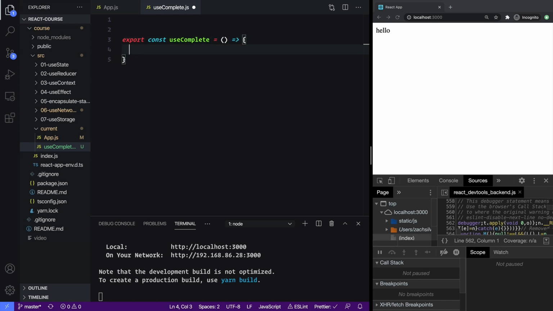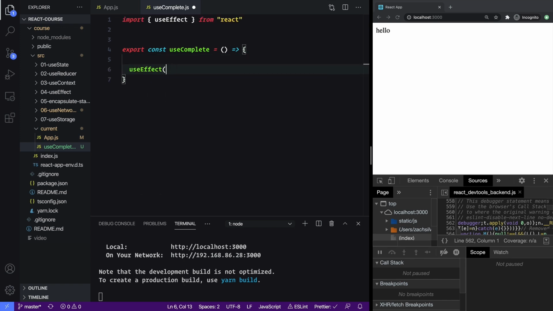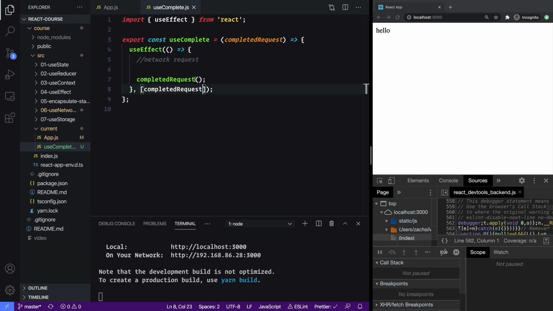And then inside of here, let's just imagine that there's a useEffect. And inside of here, just imagine there was a network request, but we won't actually do one. After that network request is complete, we want to call back to whatever the user passed in. We'll call it completed request, and then down here we will call completed request. So because we added that here to our useEffect, we need to add that as a dependency. Let's add some dummy piece of data here, like test data came back,